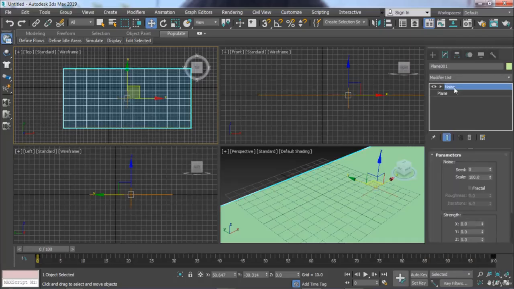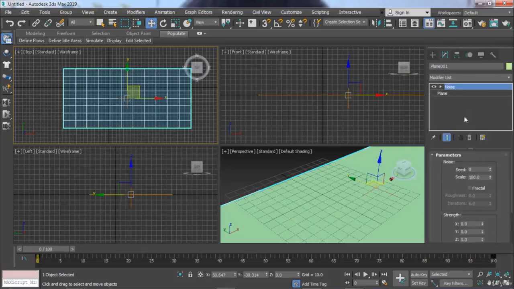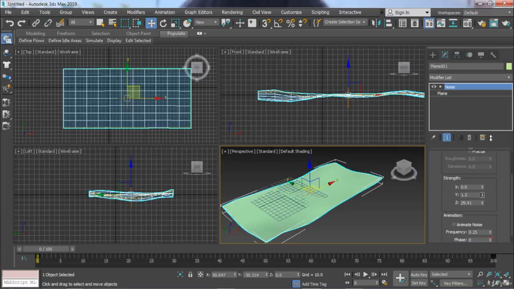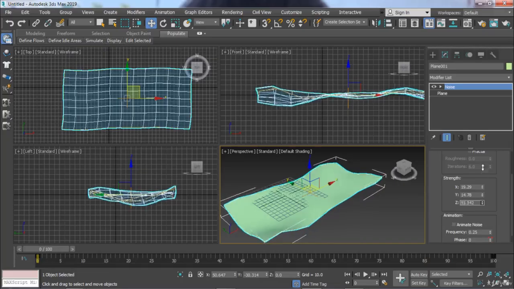This is noise, and increase the value of z like this, and y, and x, z value more increasing, and